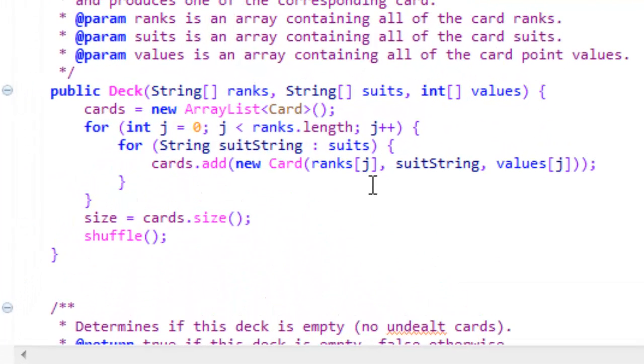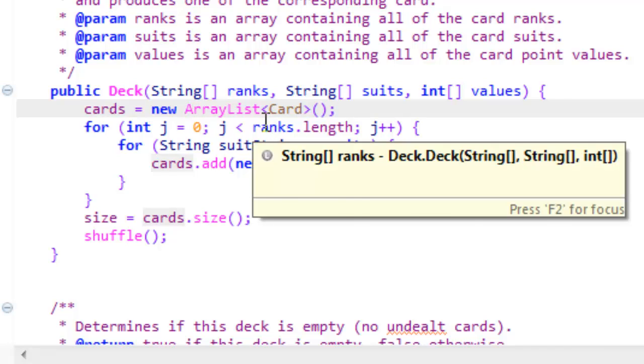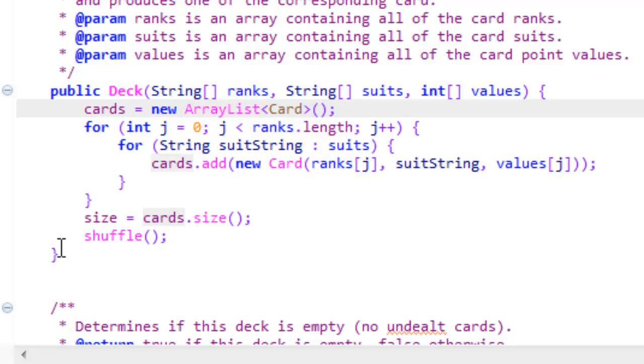Okay. Now the public Deck constructor will receive the 3 arrays. Now I will also add an array list for the cards. Remember that we created a new list called cards. Well, we initialize the array list cards. Now we create a for loop so we can start adding all the cards to our array list. So for j equals 0 to j less than ranks.length, then what we're going to do is